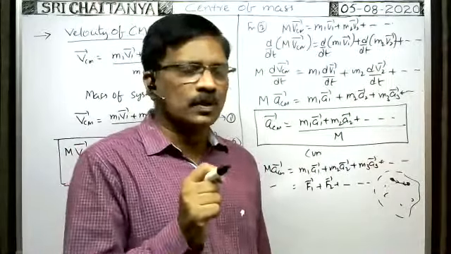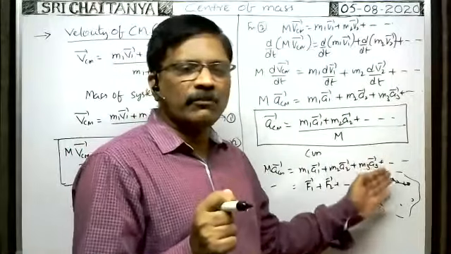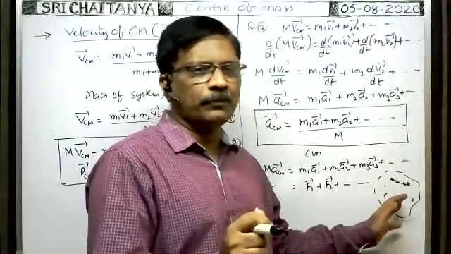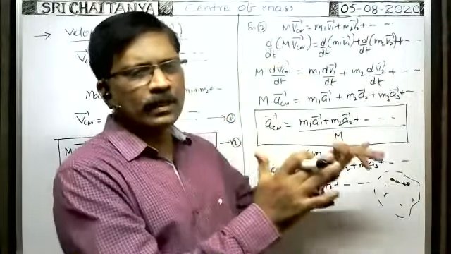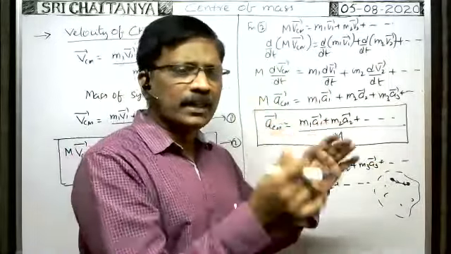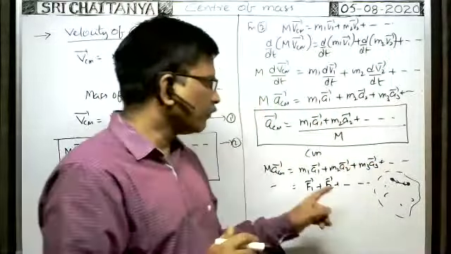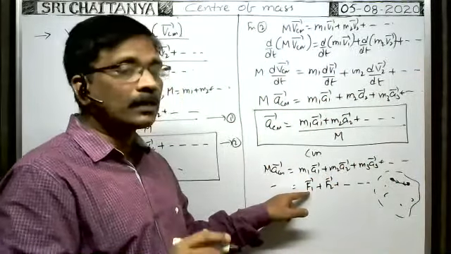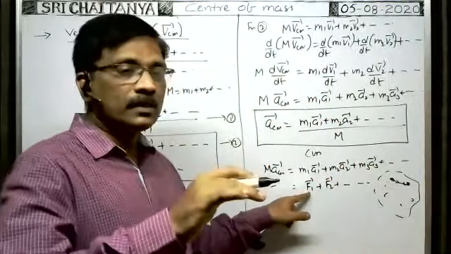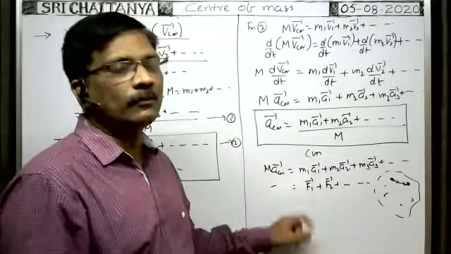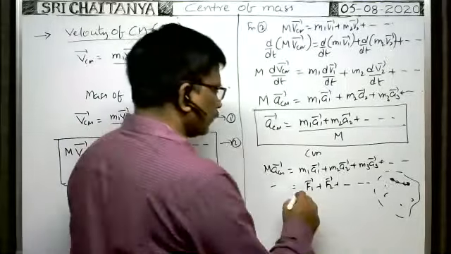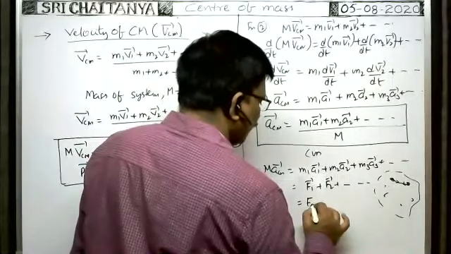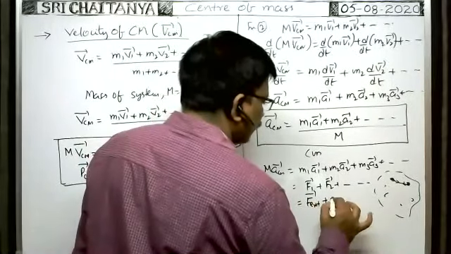That is the internal force. So in the system, on each and every particle, some internal force is also there. When you apply the external force on the system, then a component of the external force also acts on each and every particle in a system. That's why this F1 bar is composed of the sum of the internal force and external force, that is equal to F external plus F internal.